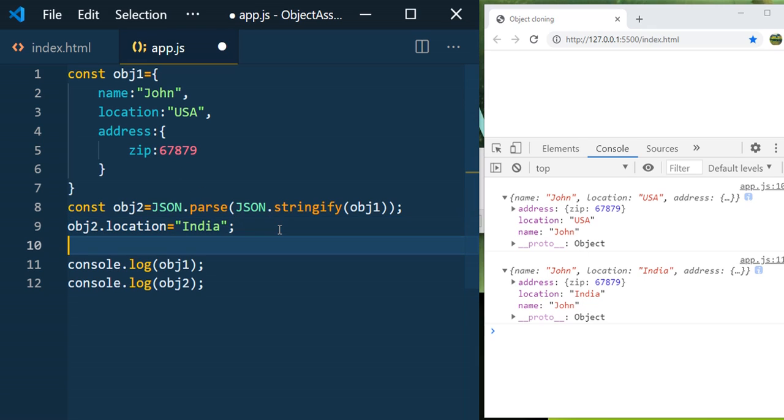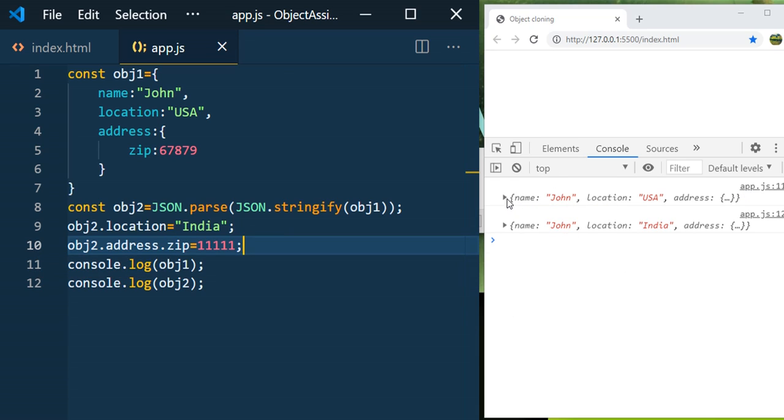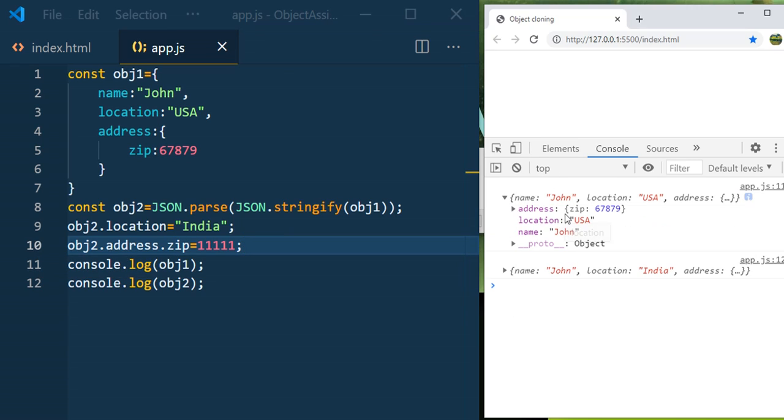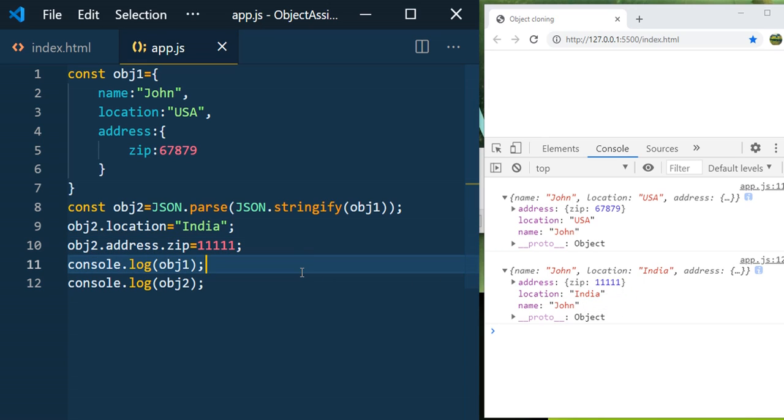And now let us make changes to the address, which is the nested object: object2.address.zip. Save it. Now you go and see the object1 zip value 67871, which is the original value, and only the object2 value is changed now, 1111. So which means using the JSON approach, you can clone the nested object also.